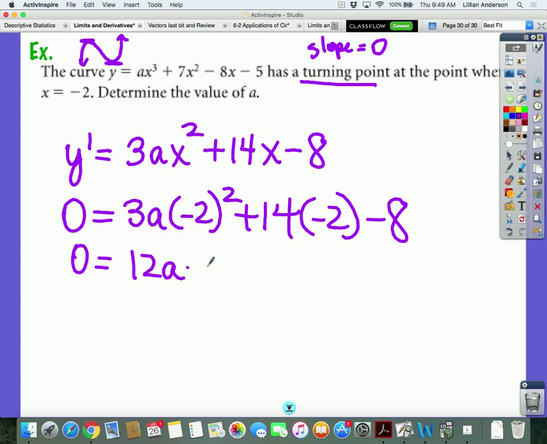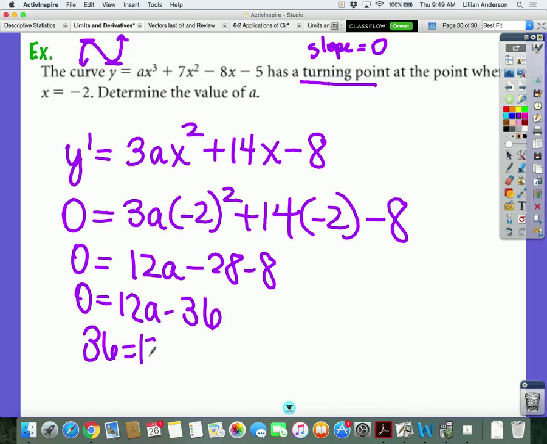It's going to be 12a minus 28 minus 8. Combine like terms. And this is nothing but a linear equation that you solve. And a is... you can always check by plugging a back in to the derivative, plug in negative 2, and your answer should